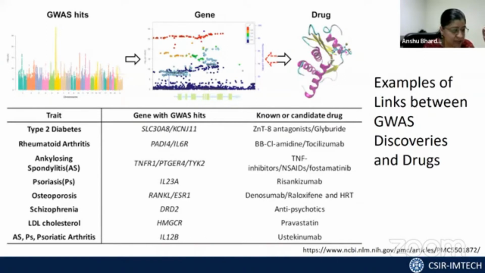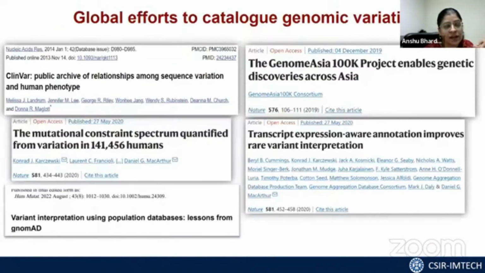So what is going on right now is there is a very big effort to catalog genomic variation of different populations all across the world, and also to assess which of these genomic variations might have a clinical implication. I have listed a few papers from the last 2 to 3 years. Some of them are old like ClinVar, but ClinVar keeps updating very regularly. Then there is the GenomeAsia 100K project, but some of them are very new, as new as this month. So I would recommend that you read these publications.